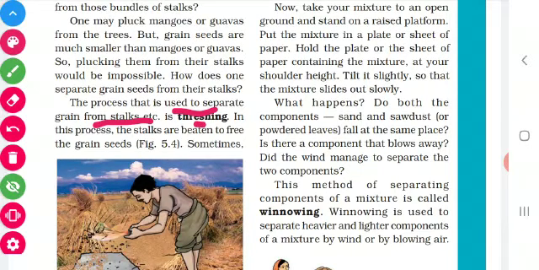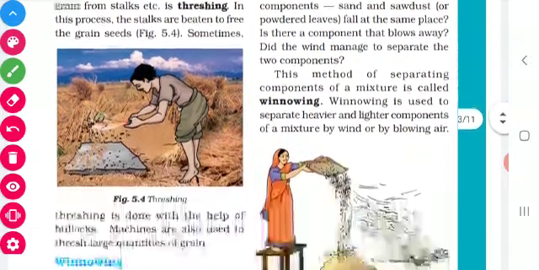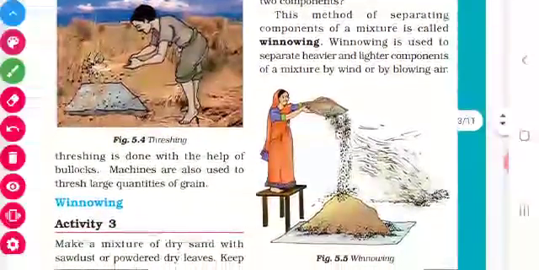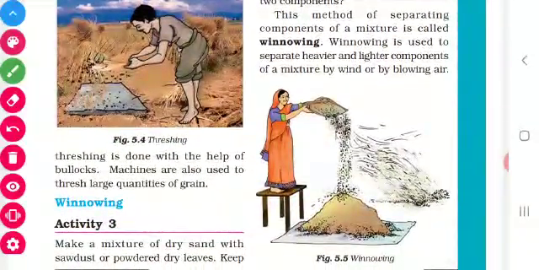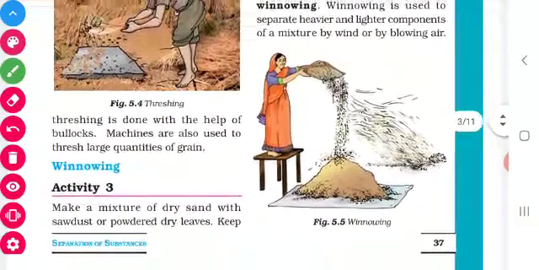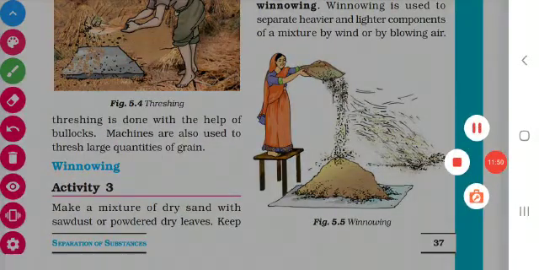So the stalks are beaten and the grains will be removed from the crops. Threshing can be done with the help of bullocks, and now machines are also there for doing this threshing. Children, have you all understood?